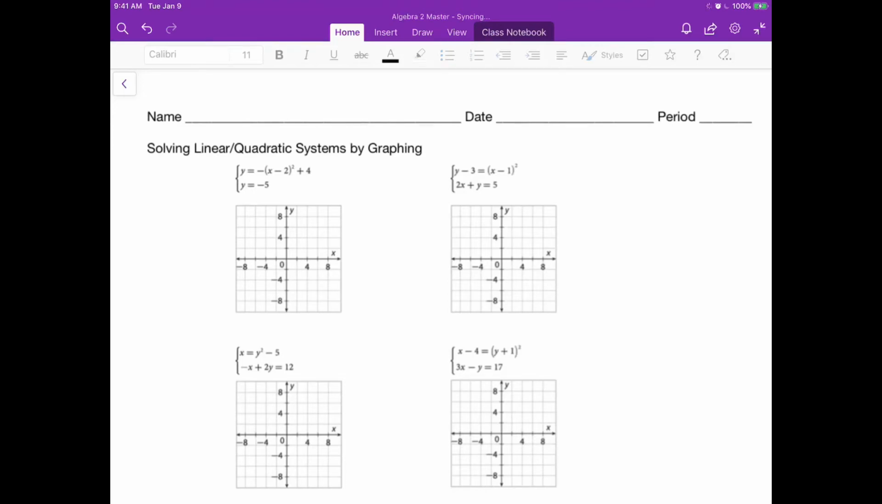Solving linear quadratic systems by graphing uses many techniques we've looked at before. Many of these equations are either given in ways that we can easily convert into standard form or vertex form so that we can solve to get key points. Key points that I'm looking for in quadratic equations